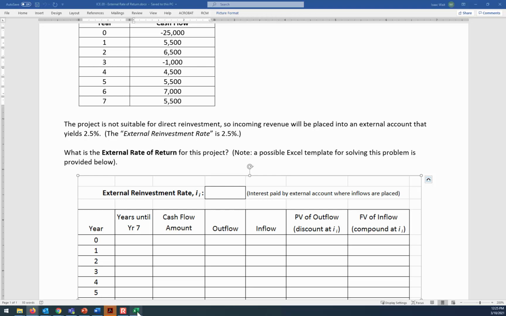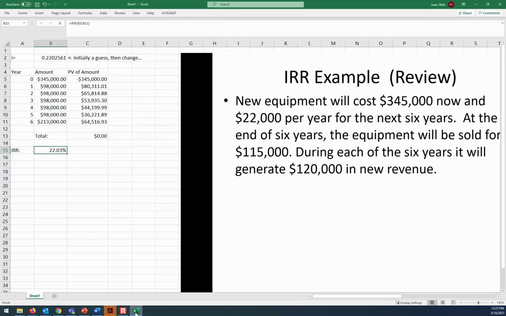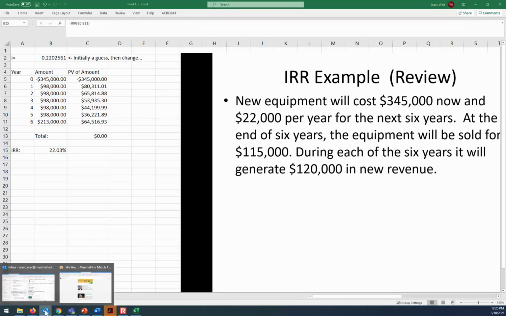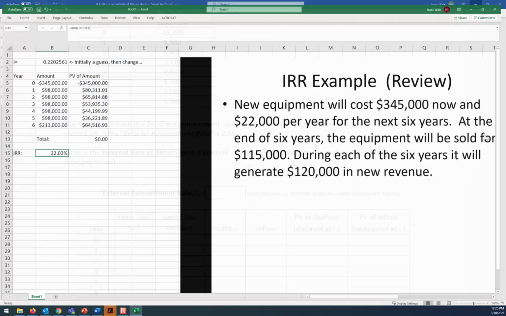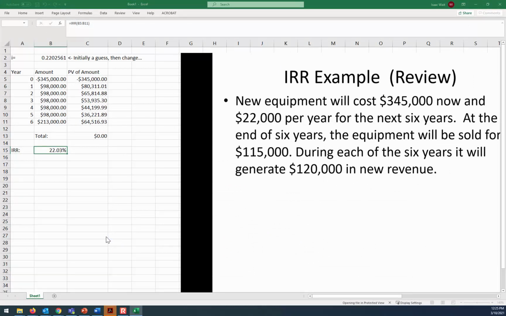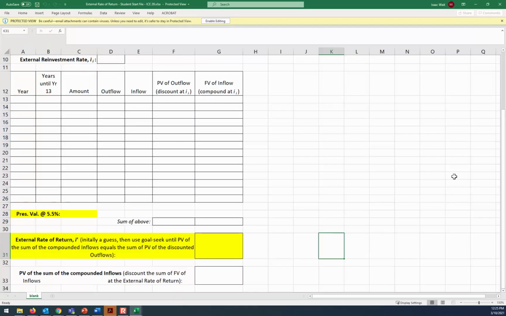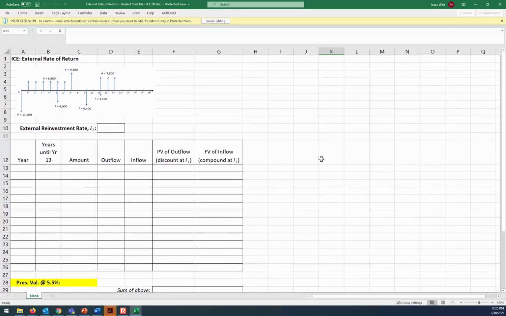Okay, did I not send you... Let me pull open the template file that I thought I sent you today. Does the template file look like this?